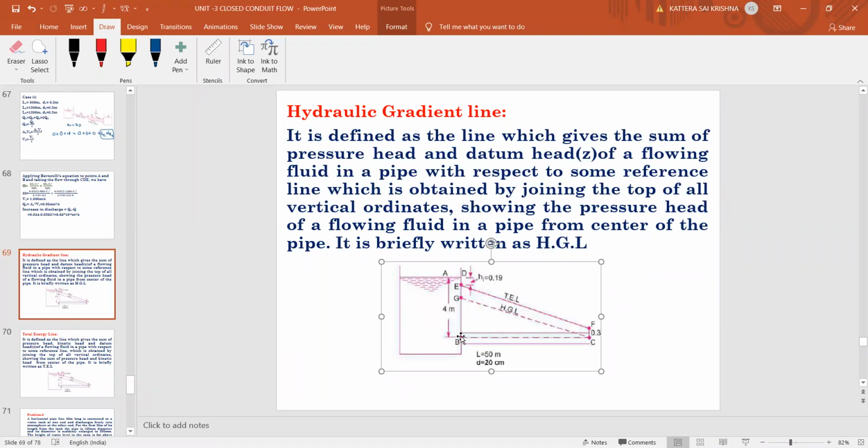Same way, if you see here, the velocity is constant throughout here, so directly it is coming down. Suppose you have a varying cross section, the velocity will be varied. So up to that point, it will be constant like this. Then again, it will drop and then it will increase depending upon the pipe positions and pipe shapes given. The total energy line and hydraulic gradient line will be changing depending upon the minor losses or major losses, which is the frictional loss.